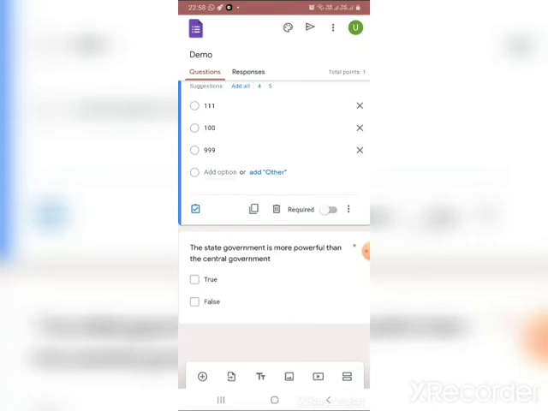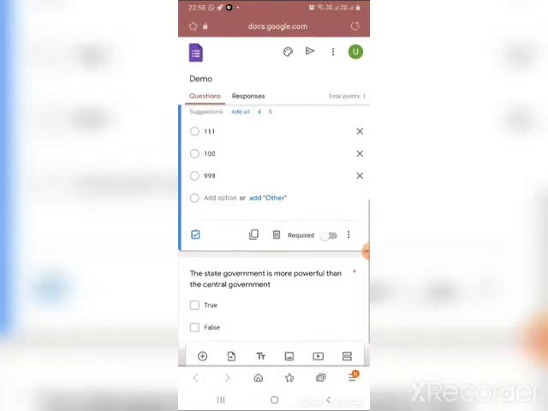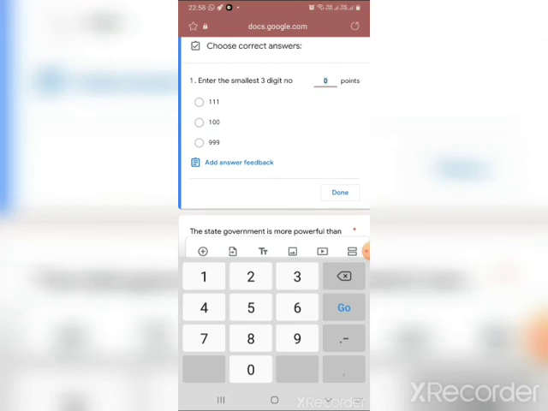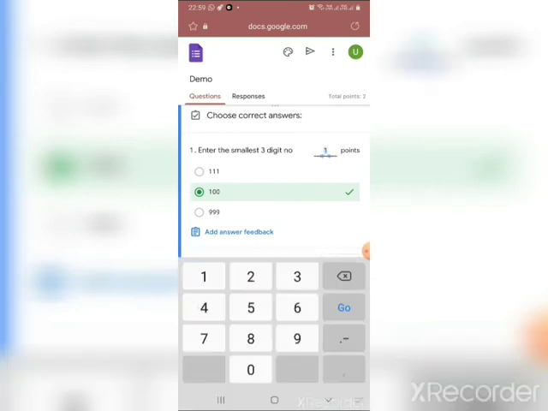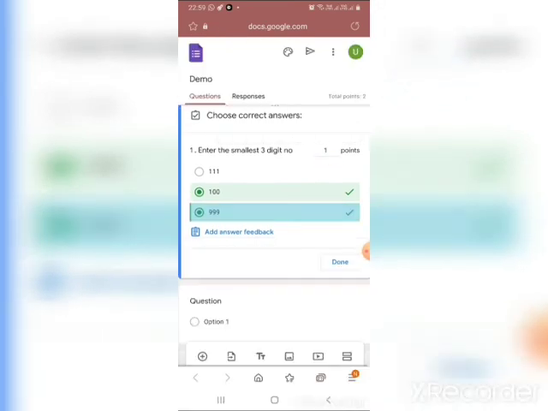After giving the options, look at the tick down below the question, the blue tick. Can you notice it? So I am clicking that. If I click that, I'll be getting the option to give the mark. So I'm entering 1 mark. Look at this. Once I click the blue tick, I'm getting the option to choose the right answer, which I should click. I'm clicking on that. If this green tick is there, then you have given the right answer correctly, and the points, whatever you wanted to change, you will change over there and give done.